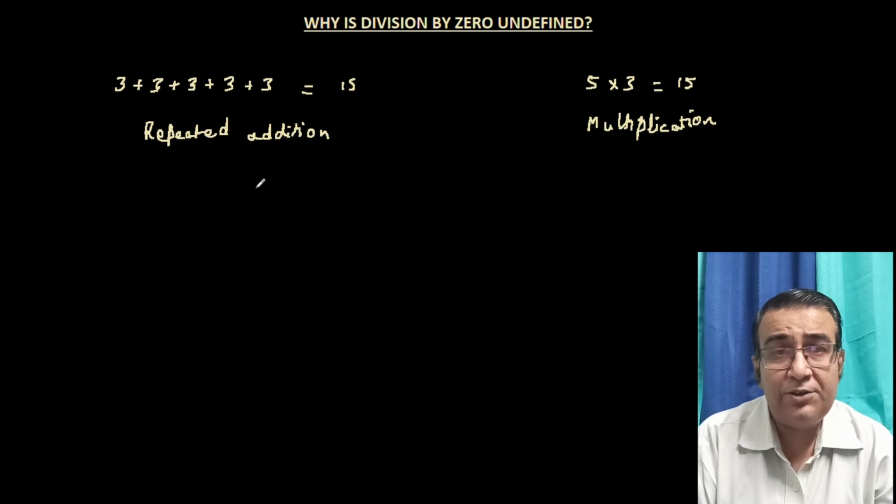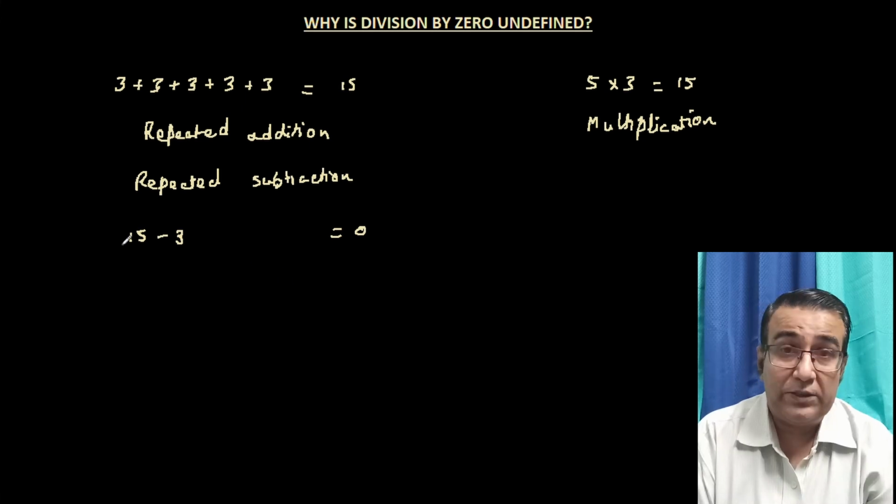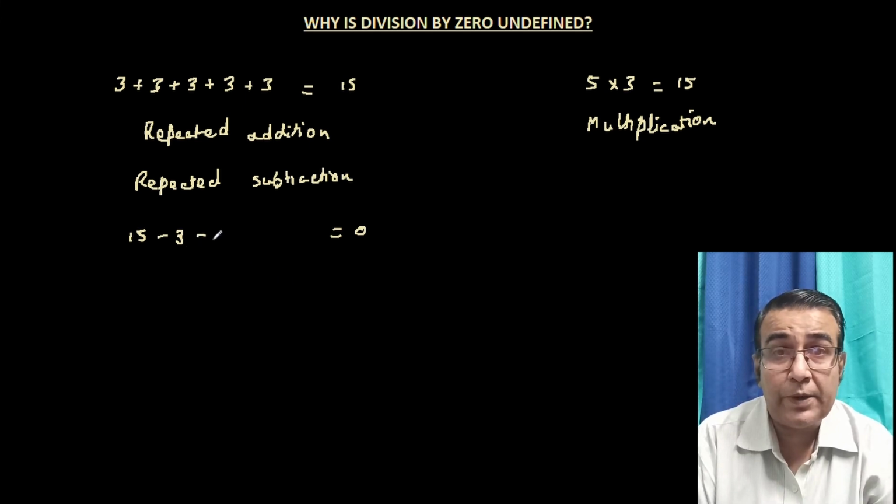Now the inverse of addition is called subtraction, and like we have repeated addition, there is a term known as repeated subtraction also. So in repeated subtraction, we start with this number 15 and we take the number 3 and we start subtracting from 15. And what we need to find out is how many times can we subtract 3 from 15 to get 0? Well, we start doing 15 minus 3 gives us 12, 12 minus 3 gives us 9, 9 minus 3 gives us 6, 6 minus 3 gives us 3 and 3 minus 3 gives us 0. And when we count the number of 3's, we see that we have got 1, 2, 3, 4, 5 3's here.